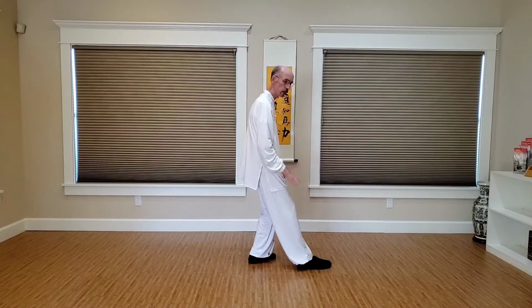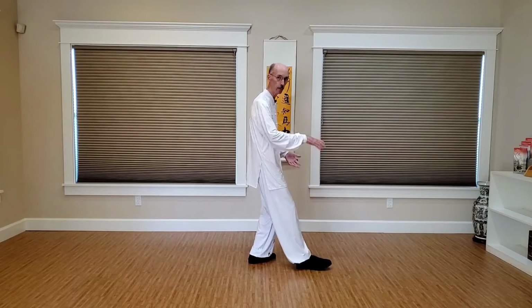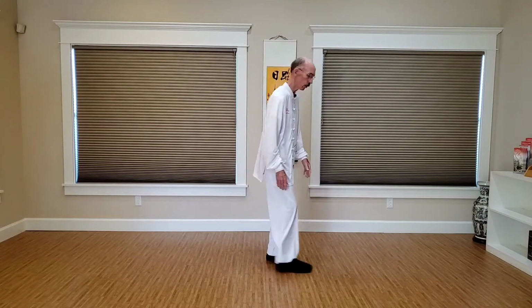And we want to make sure we have our weight on our rear leg because the next part, which is called slanting flight, we step to the north. Okay, so if I'm facing straight ahead and this is the north or the front of your room, wherever you're facing. So from here,